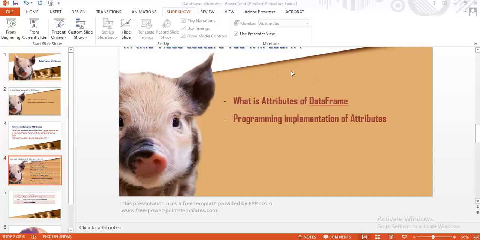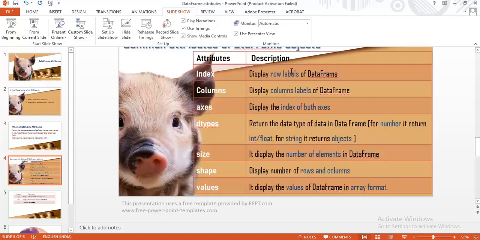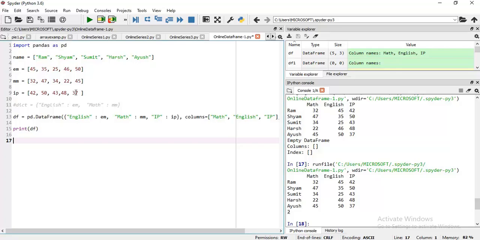Okay, let's see it in Python. Here I have created a data frame. Here I have a list of students' names, Ram, Sham, stored in the variable name. Then I have three lists of marks which I have stored in variables em, mm, ip respectively. Finally I have created a data frame with the help of a dictionary.